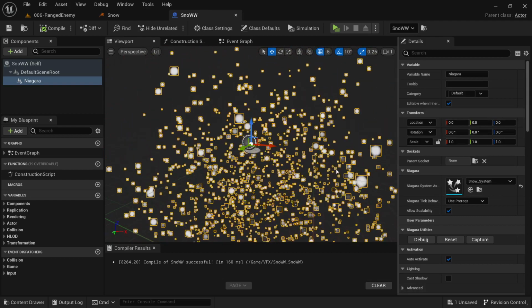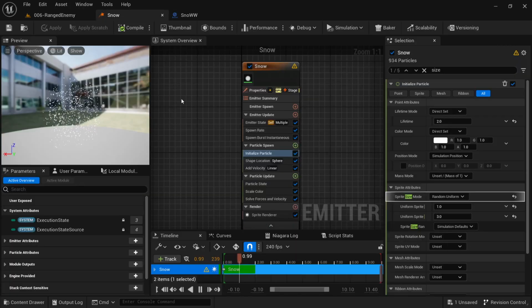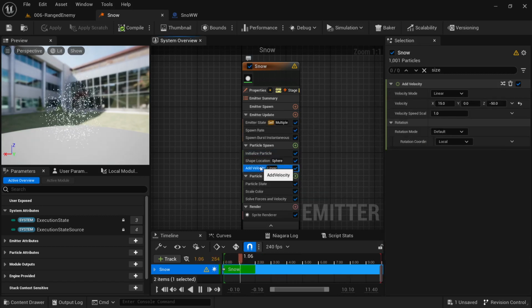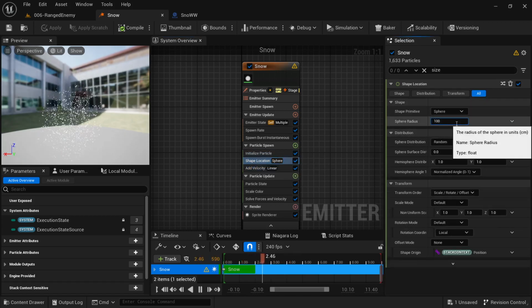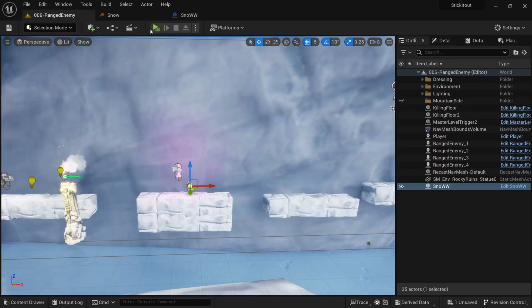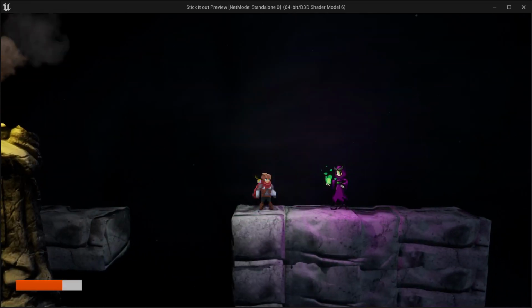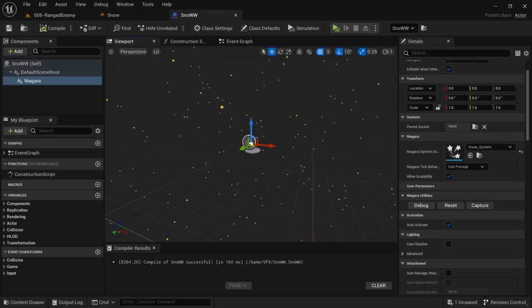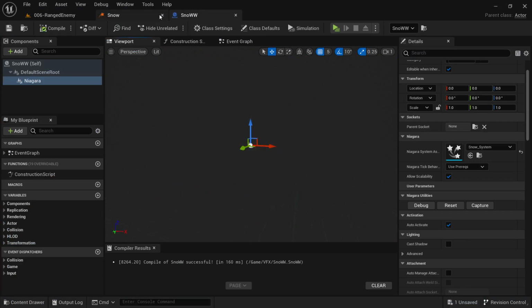Now that we have this, which is perfectly fine, let's go back into the snow and make some more adjustments. Well, for starters, we'll get its shape, and we'll increase its radius to 1000. So now when we press play, okay, so it's coming in. That's okay, that's its radius. Now what we want